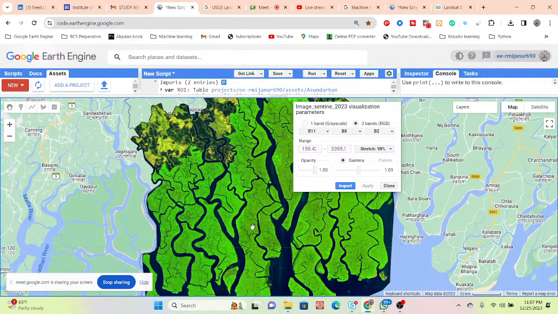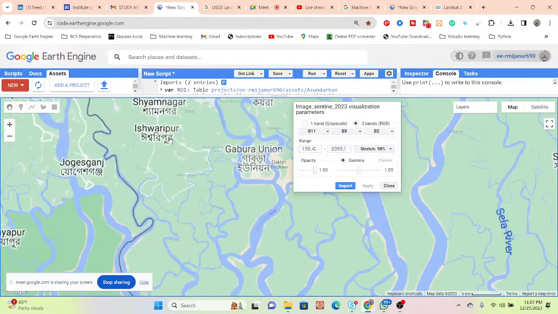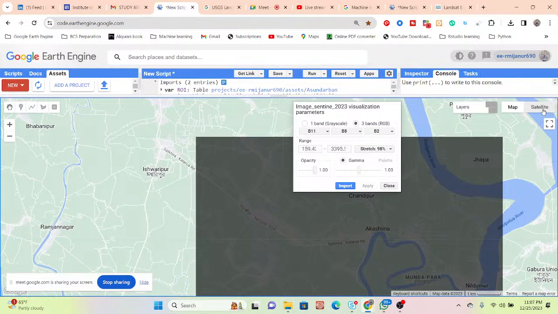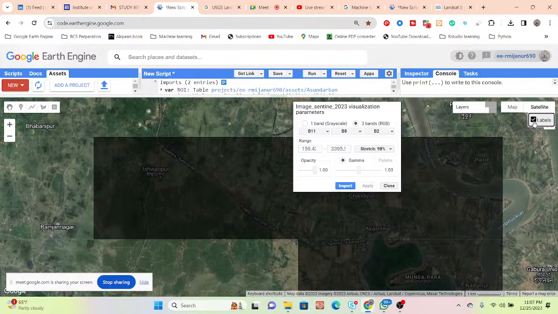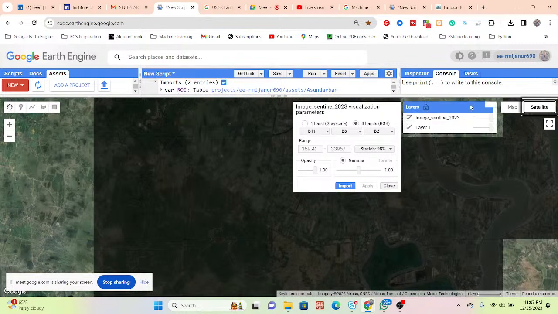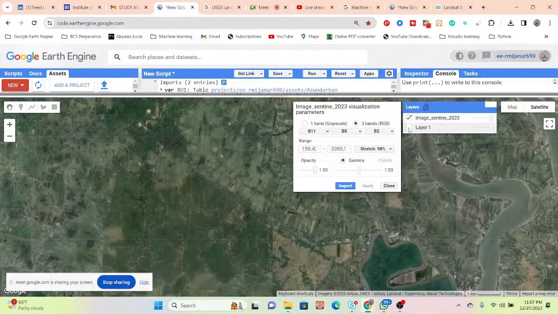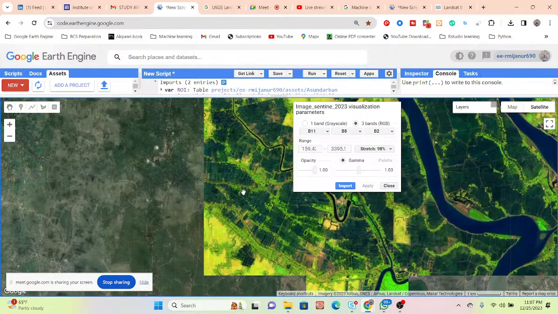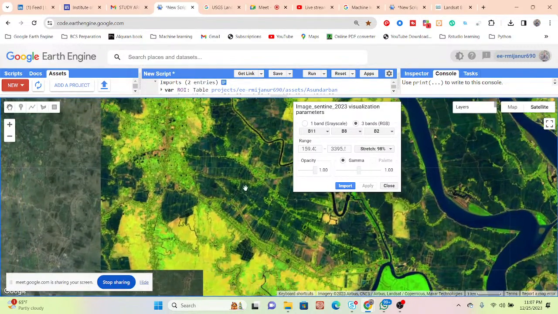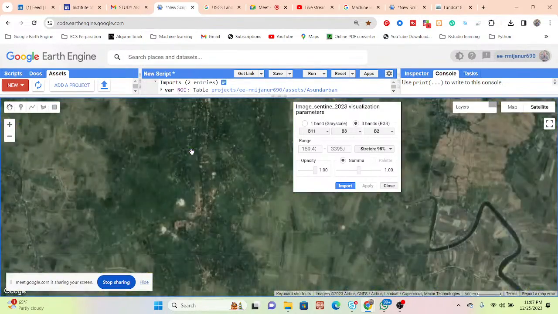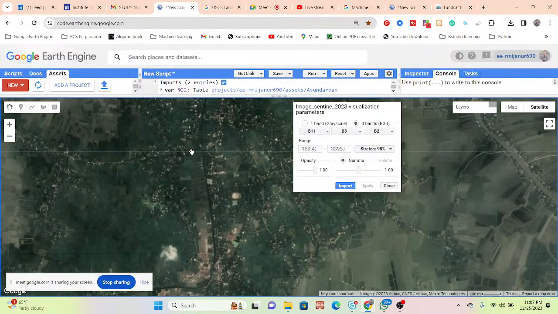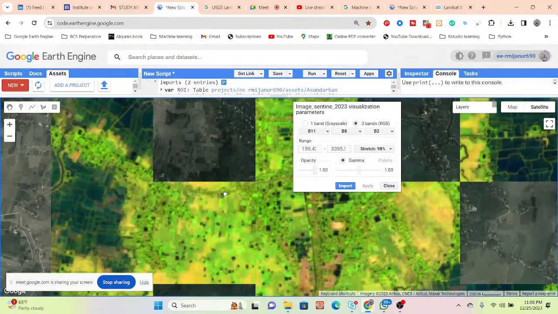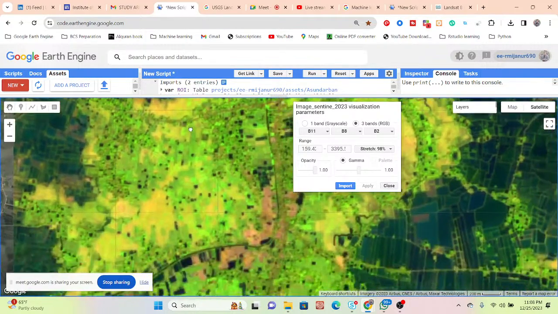Suppose you zoom in, then you can easily understand. You can also open the satellite view base map and use it for verification. Zoom in here.